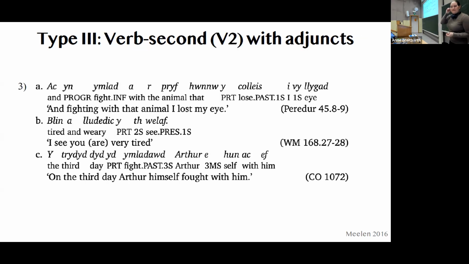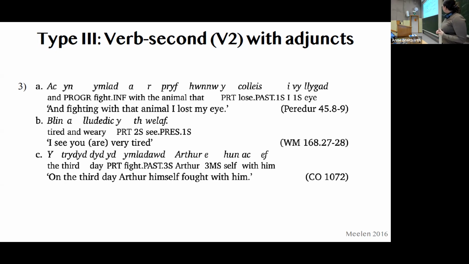Now we move on to the very interesting ones, the verb second ones with adjuncts. So the verb in 1, fighting with that animal, I lost my eye. So the verb here is kochleis, lose, first person singular. And that is preceded by this little particle that, as I said, doesn't really count. And then one constituent before that. So that's the entire verb phrase. So fighting with the animal,